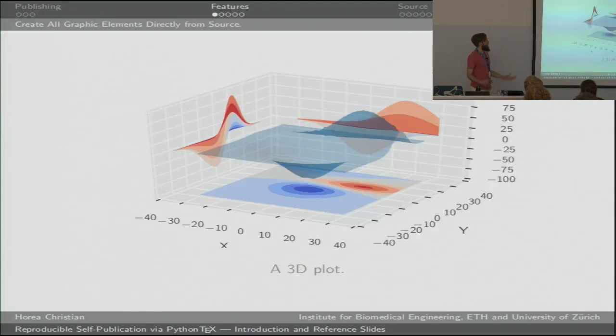Well, you could have a 3D figure, which you don't export to anything. Basically, this 3D plot is generated each time this document is compiled, meaning that if I change anything about the figure, it's going to be updated the next time I recompile the document, without me having to save it, drag and drop it, copy it, or anything like that.